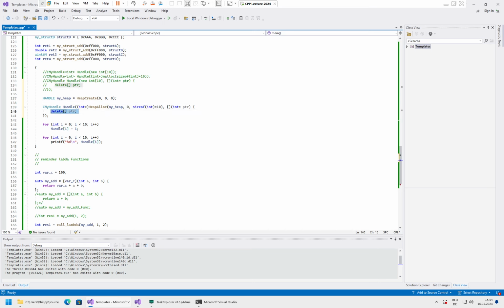But now to free it, we would need HeapFree, and this needs the heap variable. So what we need to do is capture heap in our capture list, so that we can access it, and then we pass 0, and then of course lpMem is our pointer. At this point you might already see one problem: we are not deallocating the heap anywhere. So we'll need to do this as well, and for this we can use another